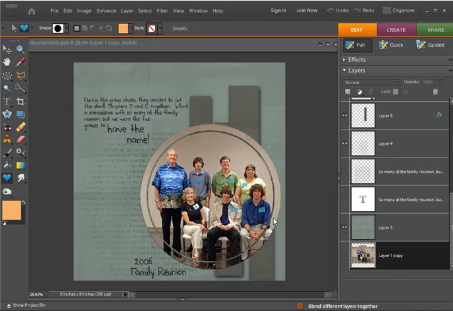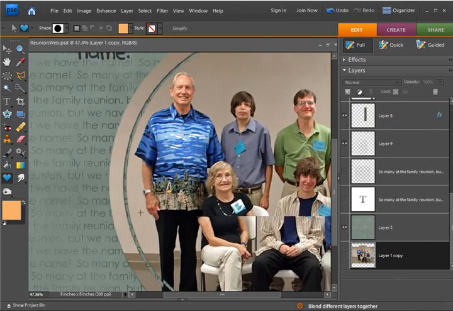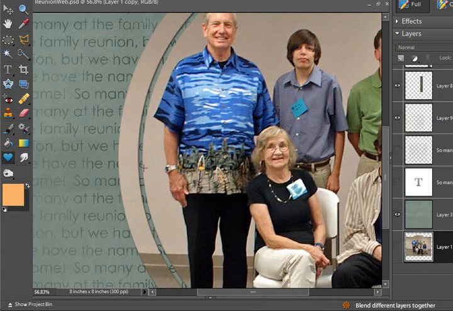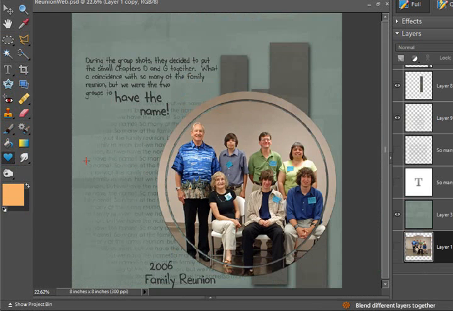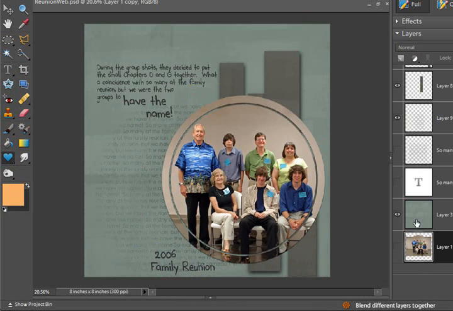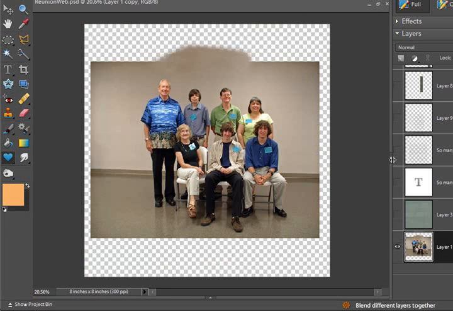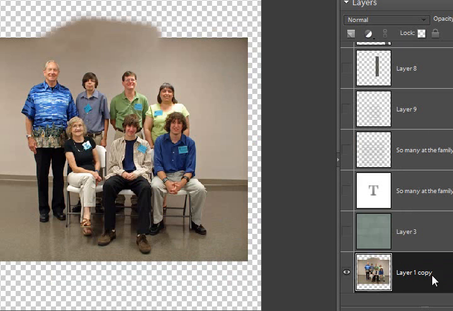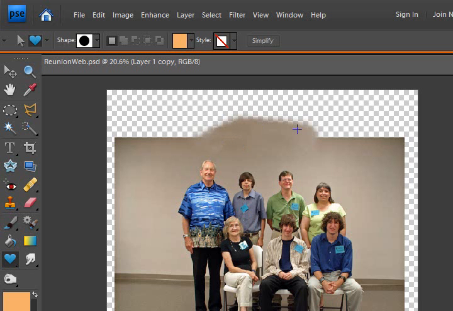I'm going to share with you in this layout how to make this circle so that you'll see here it has a cutout area in it, and I'm also going to share with you how I did this text in the background. So let's go ahead, and I got a copy of my photo down here at the bottom. I turned it all off except for left this visible, and you see it looks kind of funny. That's because after I made my circle and I tried to center the group of people in it,